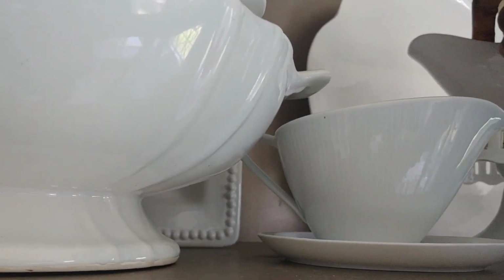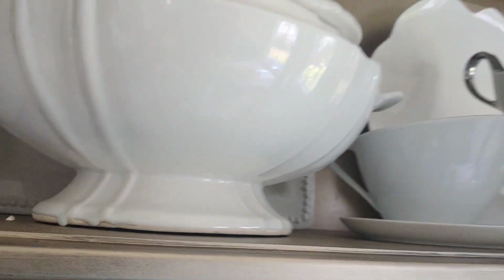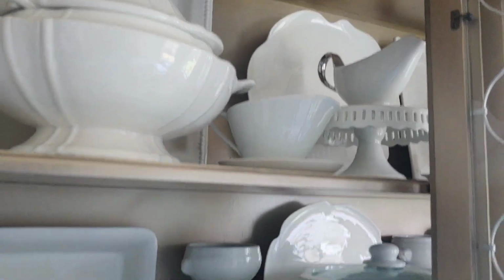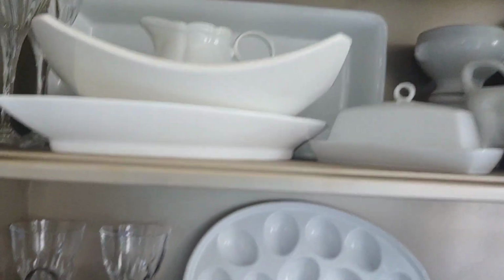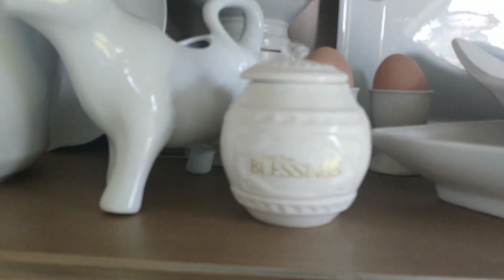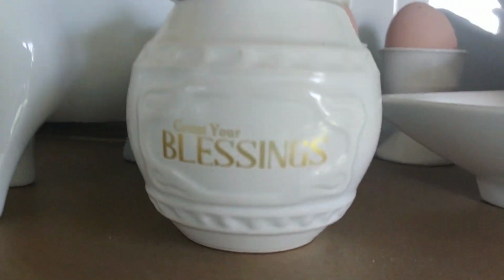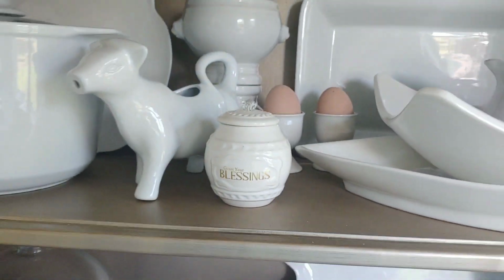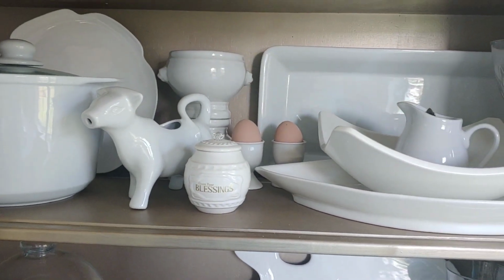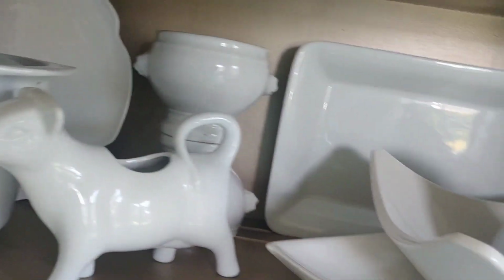As you see, when you think farm, you don't have a cow, and then farmhouse, you have writing on things. This is a little jar I got from the Dollar Tree. It says bless on it, and I think this is farmhouse all the way. I think I might be doing it literally, because I see a couple things here that need to be on the farm, like for instance Mr. Cow, a honey pot,